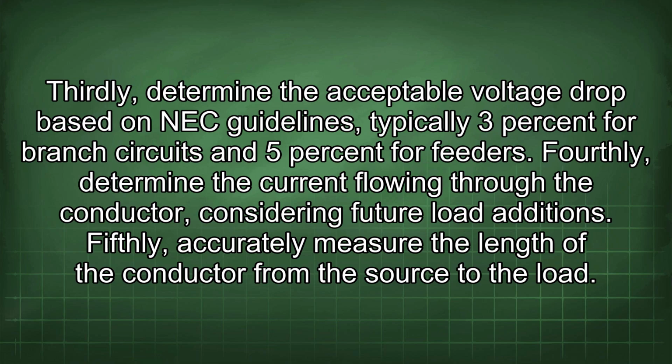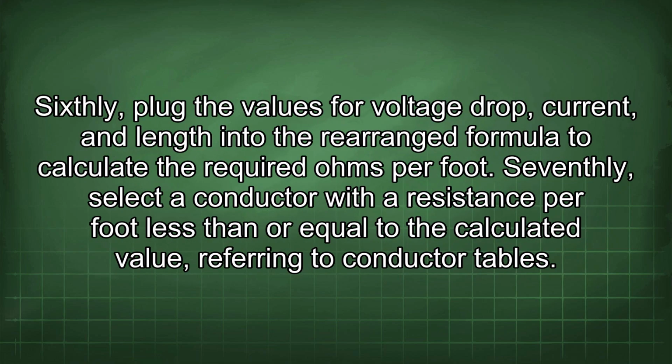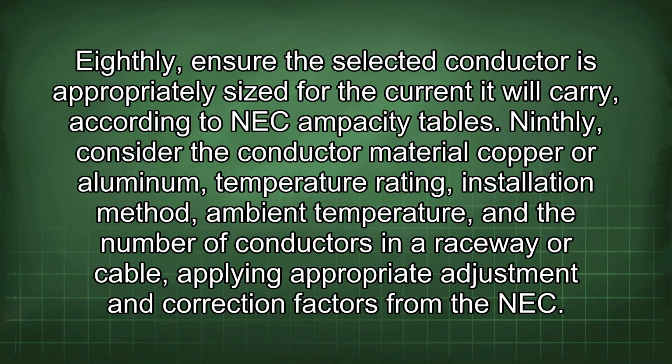5% for feeders. Fourthly, determine the current flowing through the conductor, considering future load additions. Fifthly, accurately measure the length of the conductor from the source to the load. Sixthly, plug the values for voltage drop, current, and length into the rearranged formula to calculate the required ohms per foot. Seventhly, select a conductor with a resistance per foot less than or equal to the calculated value, referring to conductor tables. Eighthly, ensure the selected conductor is appropriately sized for the current it will carry, according to NEC ampacity